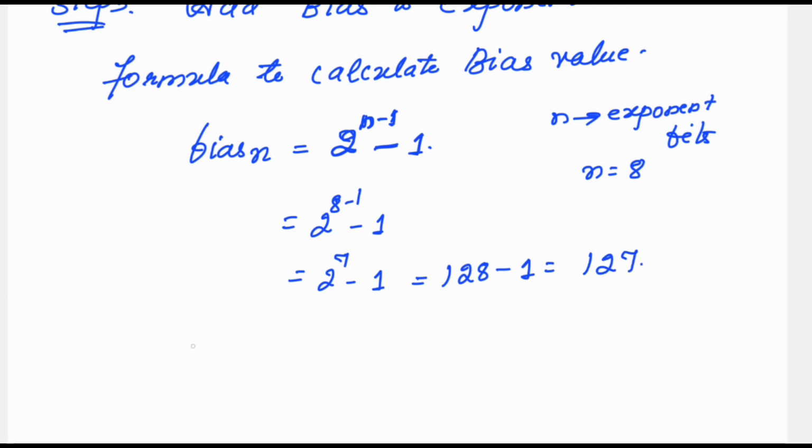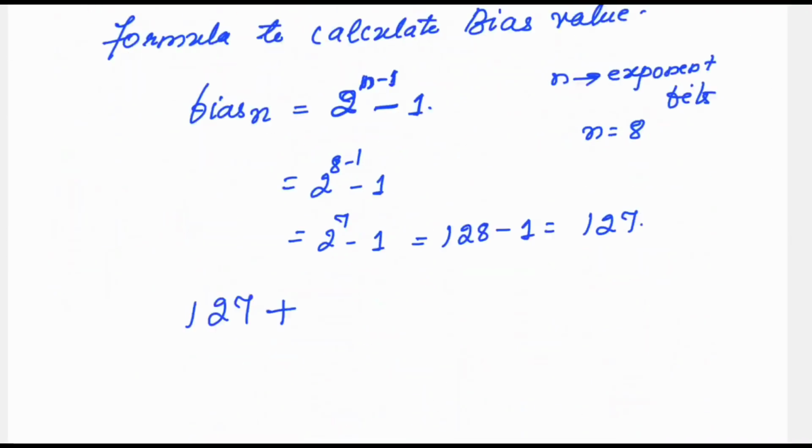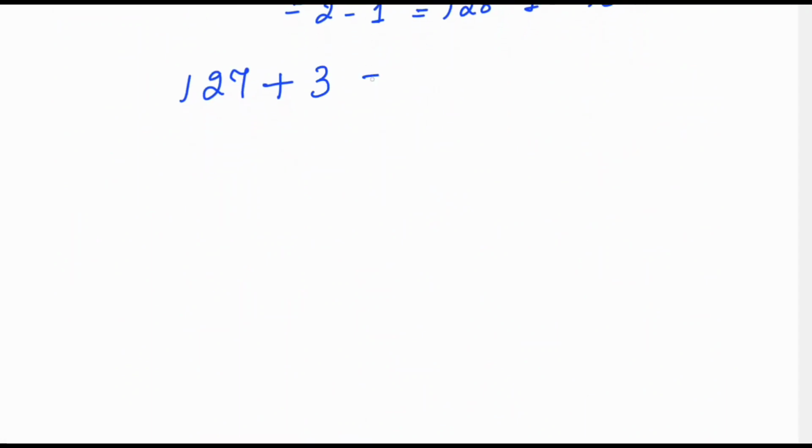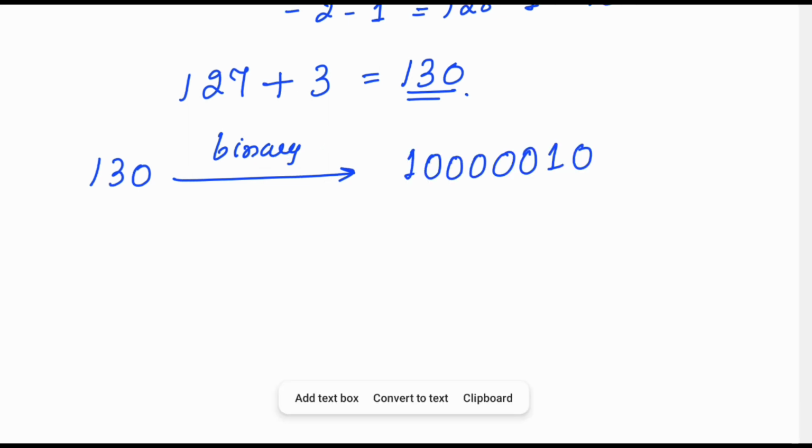127. Now what you have to do is take this 127, whatever you got from this formula, plus you have to add the actual exponent. Actual exponent is what? In step 2, the exponent value is 3. So 127 plus 3 becomes what? 130. Now this 130, you write it in binary. What is the binary number for 130? The binary value for 130 is